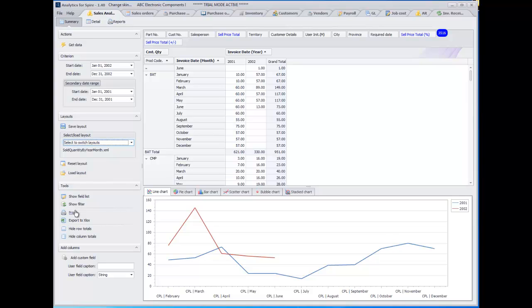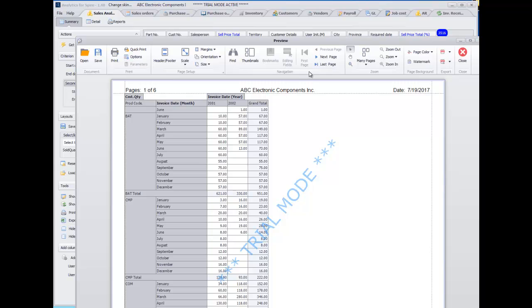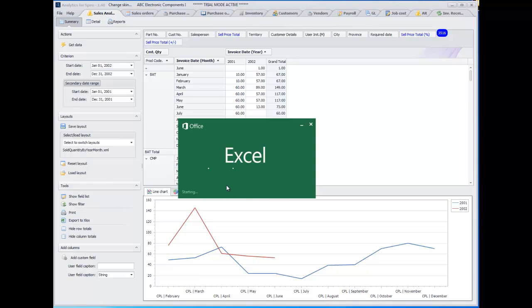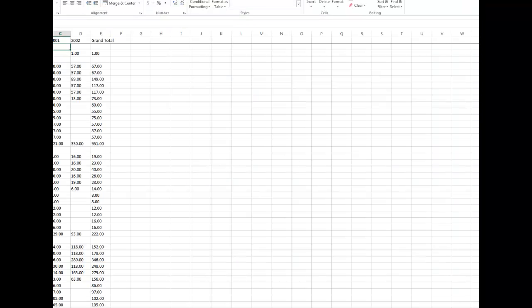At any point you can print this. So if I go ahead and click print, now I can get a printed document that I can go ahead and print out and make notes on, go ask questions, review things. I can also export that to Excel. And when I export to Excel, I can again work on that document. The advantage obviously